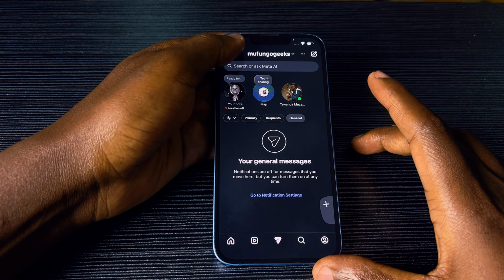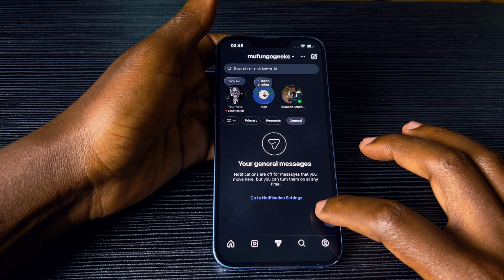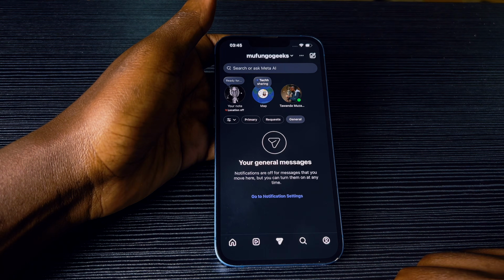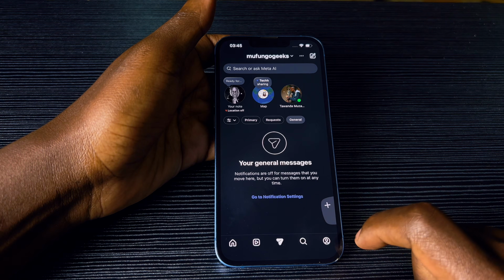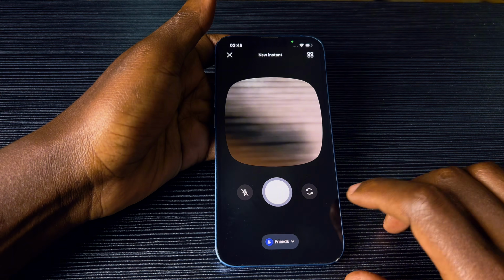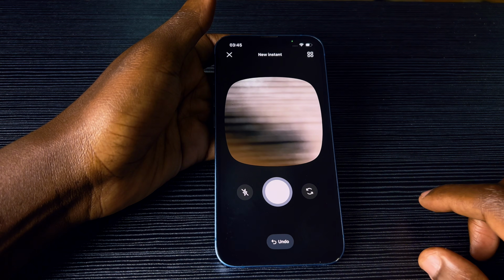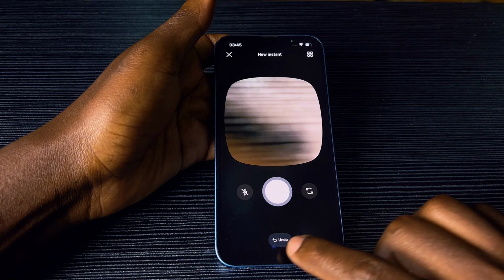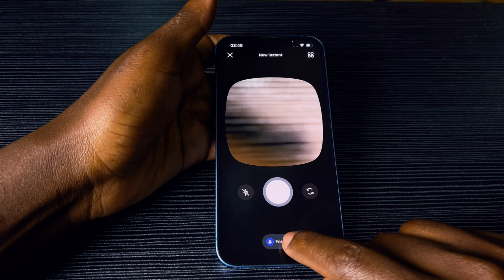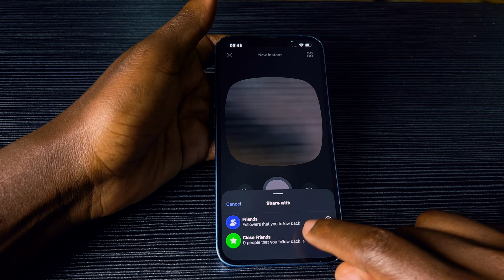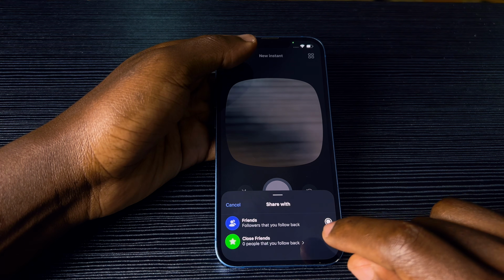and it will give you this screen, new instant. Even in the case where you do not see this button, sometimes it might be hidden like this. You can simply swipe like that and it will appear. So you just click, and when you click, you then say capture, and it's already instant. You can see there's this option here which says friends or close friends. So you can choose who to send to and at what time, just like you can do on your Instagram